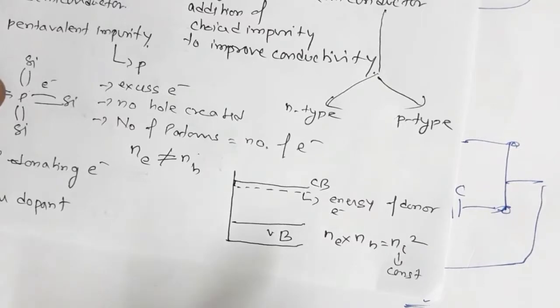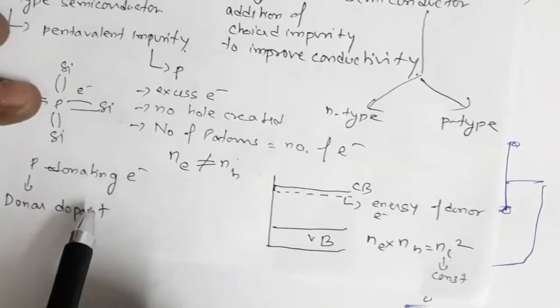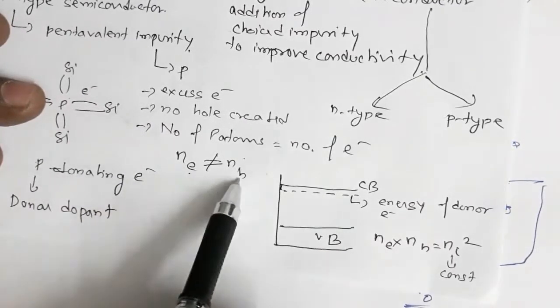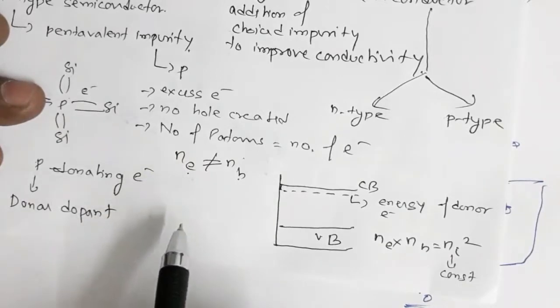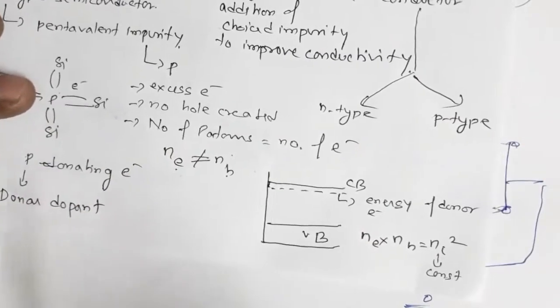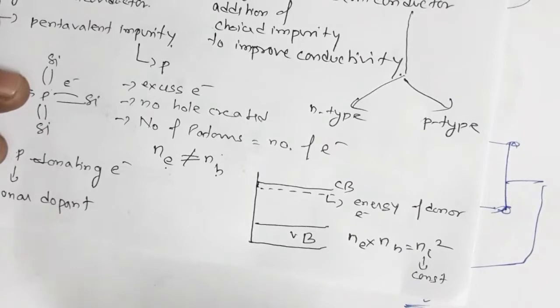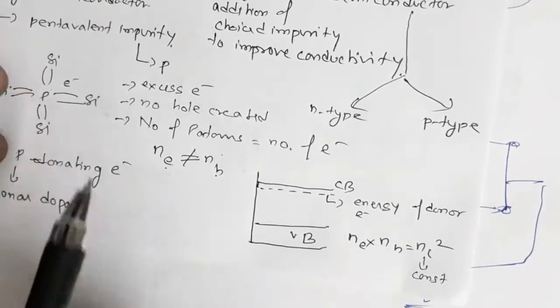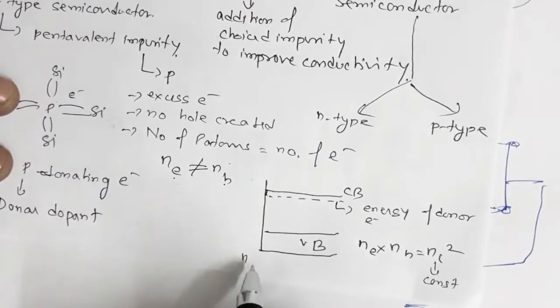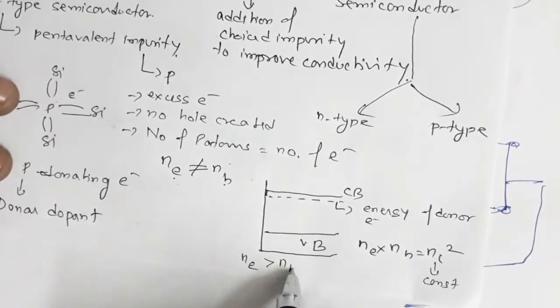Now here, on addition of electrons, Ne is not equal to Nh, and Ne has in fact increased because the number of electrons has increased. Now if Ne increases, that means Nh has decreased because the product has to be constant. So for an n-type semiconductor, the number of electrons per unit volume is greater than the number of holes per unit volume. So that means electrons are the